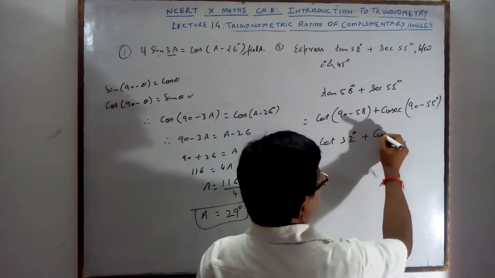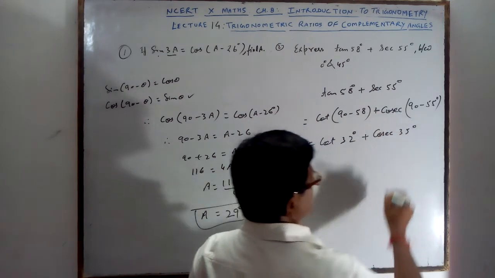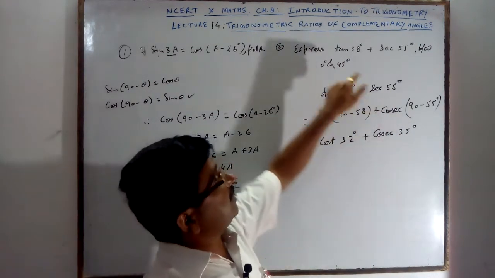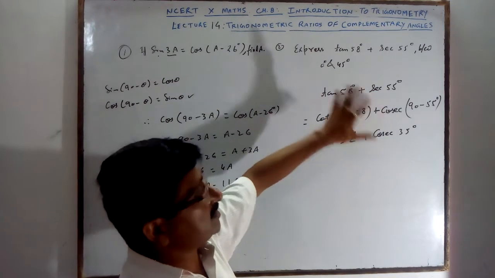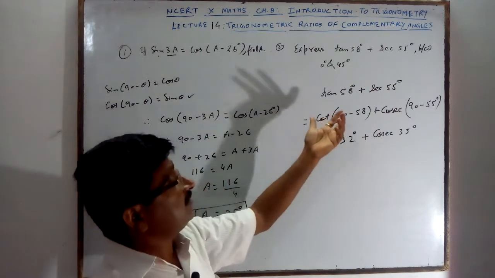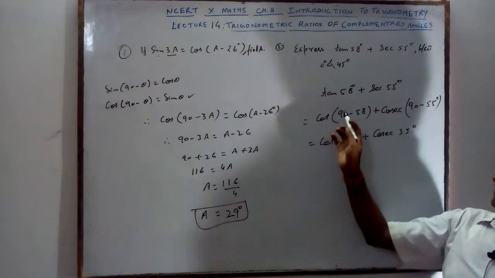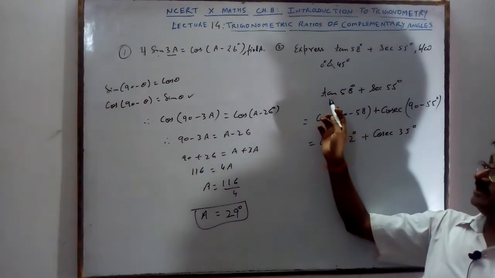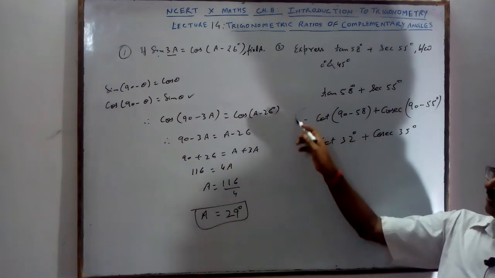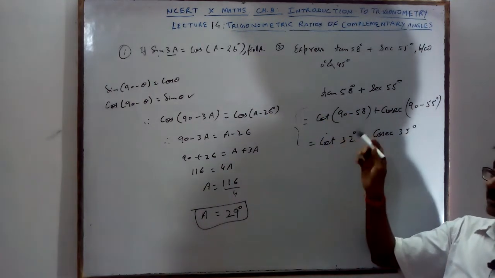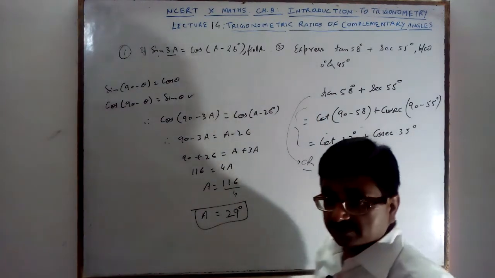plus cosec 35 degrees. And 32 and 35 lie between 0 and 45. Very simple question, easily you can solve it. When it is given, you can also write tan(90 minus 32), then also it is your answer. It is one option: when you change the trigonometric ratio, you subtract. But when you want another option, you can solve this question by another method also.